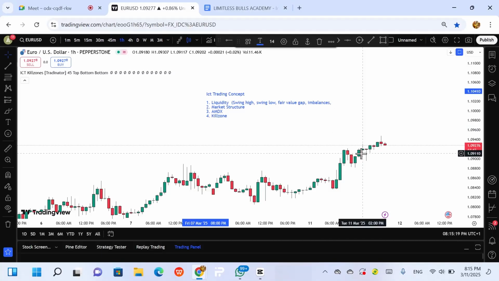This is a summarized approach from the material, the intermediate course on the ICT trading model. So we have fair value gaps and imbalances, which include the volume imbalance, the gap imbalance, and market spillage. As well, we have the order blocks. These are the different zones that we can make reference to in the market as liquidity zones. So first of all, what do we have here? We have swing highs. Let me go ahead and change this so that you get to see it well.